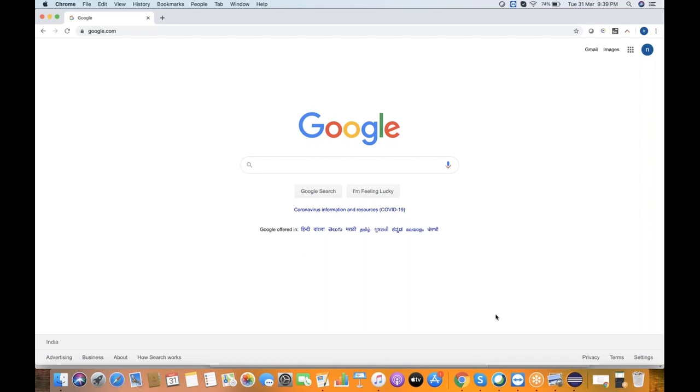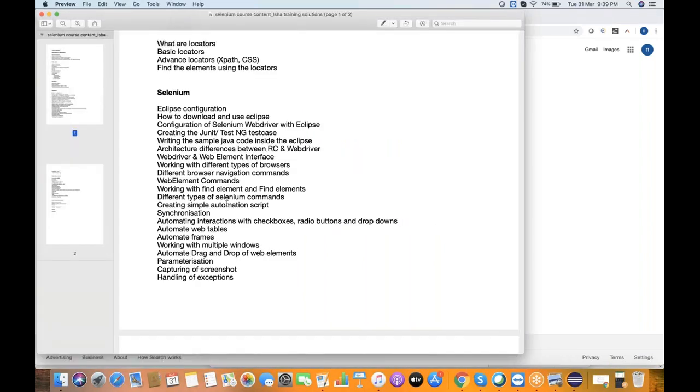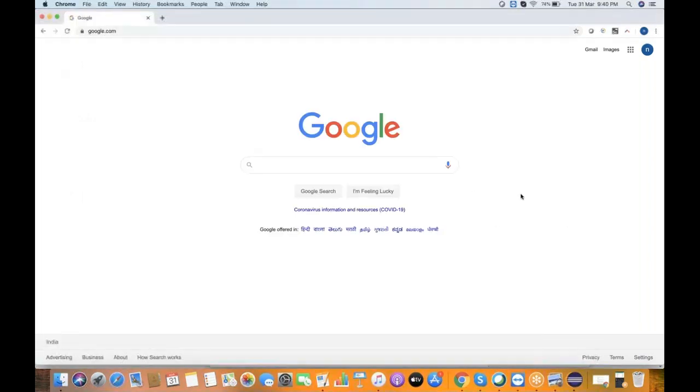So we'll be seeing how to handle frames, how to work with multiple windows, how to drag and drop elements. Those things we'll discuss from the Selenium WebDriver point of view. When we are working in real time, Selenium WebDriver alone is not enough. For example, I log in with some credentials to some application, and I have to validate.